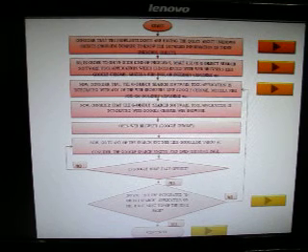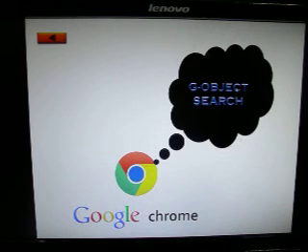Now consider that the Google Chrome web browser has G-Object Search. It means G-Object Search, a software tool or application, is integrated with the Google Chrome web browser.